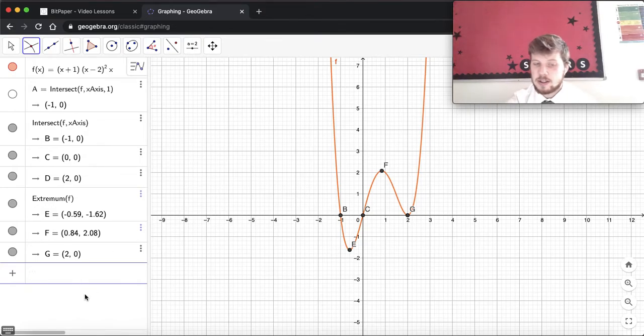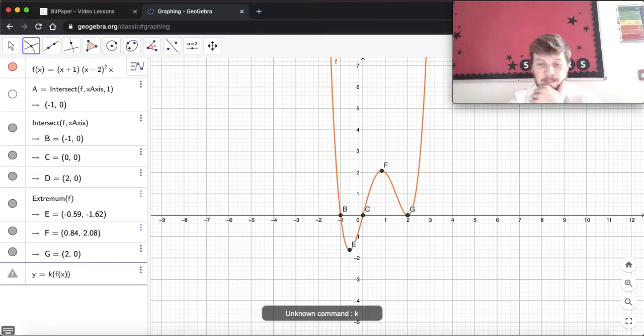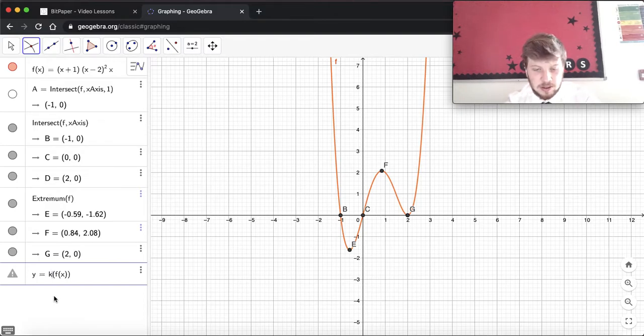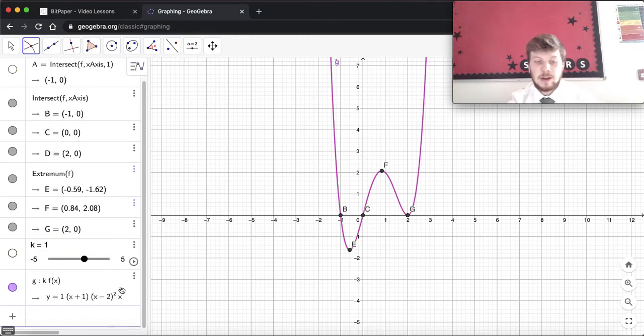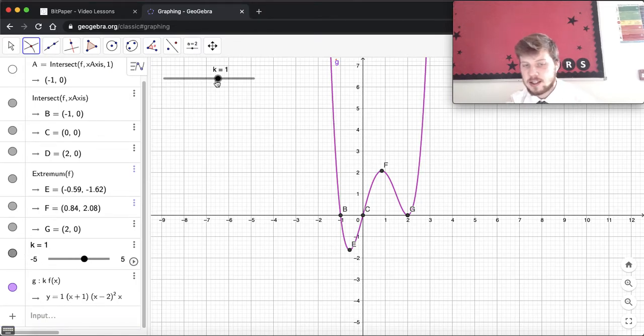So if I want to think about what would happen if I multiply this function, I could say that y equals, and I'm going to use k lots of f of x. And when I pop that, sorry, I need to multiply, which is here. When I plot that, I get this function which has been plotted on top in purple. However, I can also introduce a slider, and I'd encourage you to think about what would happen as I increase